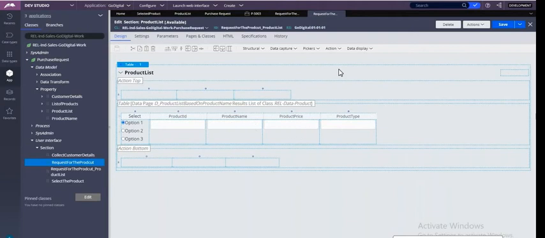So whenever you want to make one column in a table a non-critical column, you make that column's importance as other. Then that particular property or column will not be shown on your screen. Okay, so we have done the same.